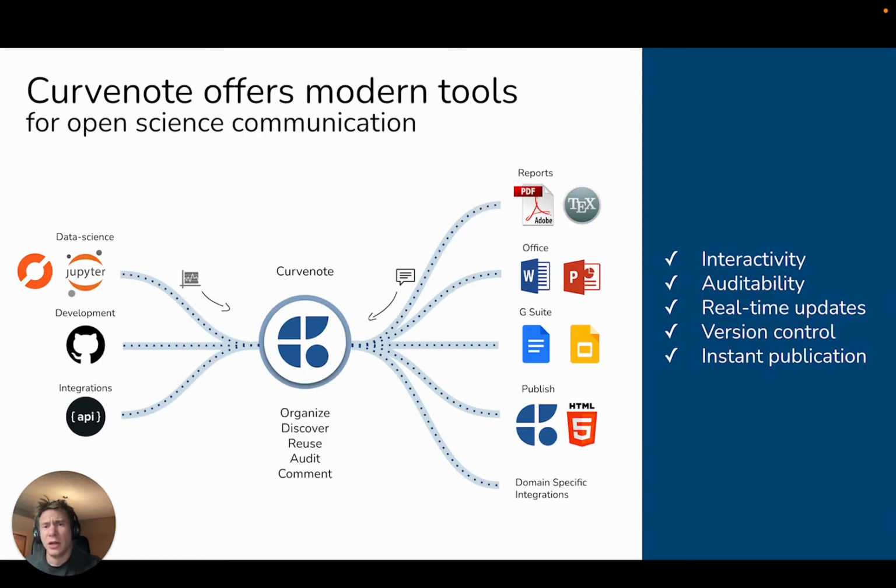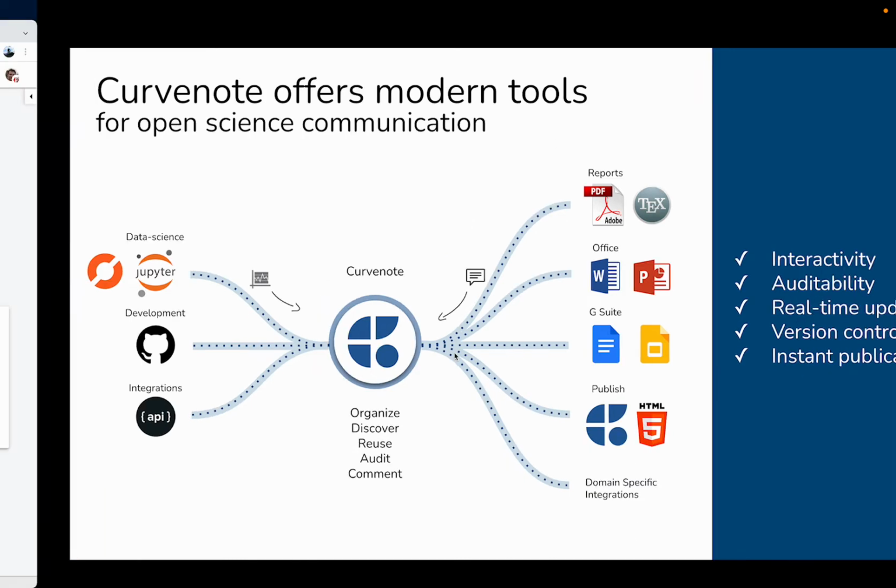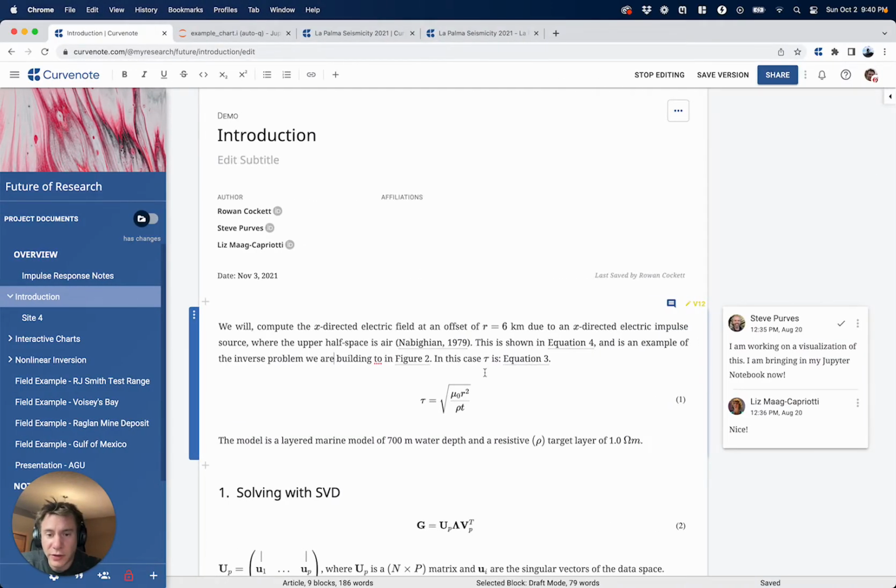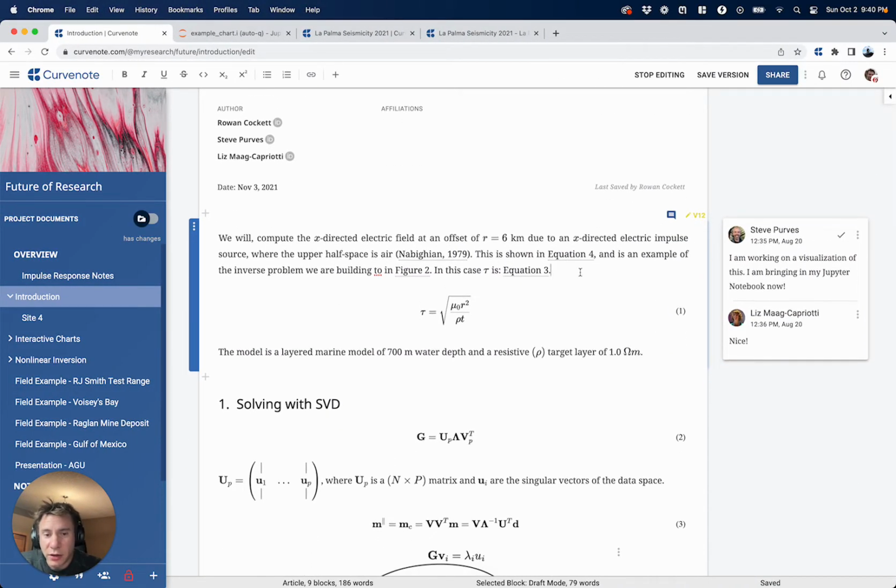Curvenote is a modern tool in this space that integrates directly into programmatic environments like Jupyter Notebooks and GitHub and through APIs. It is primarily a writing tool, as I'll show in a minute, that can export out to all of the standard communication products, as well as directly out into Markdown and other forms through our APIs. To give you an idea of what Curvenote looks like, this is the Curvenote editor,